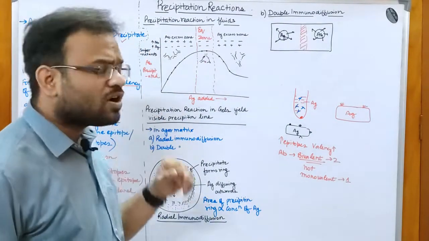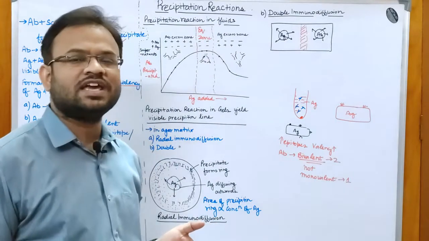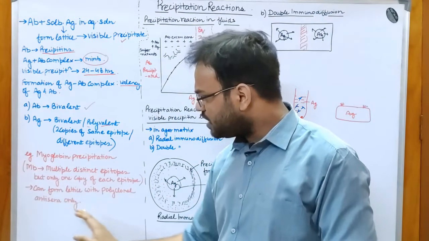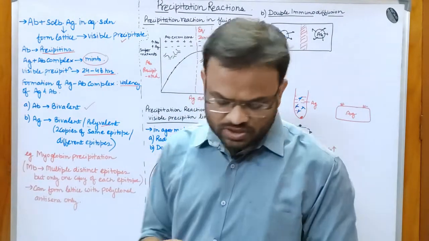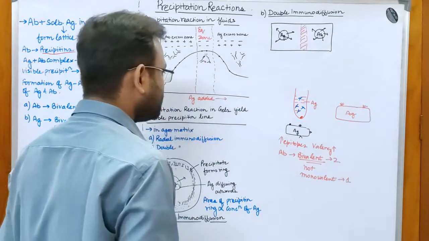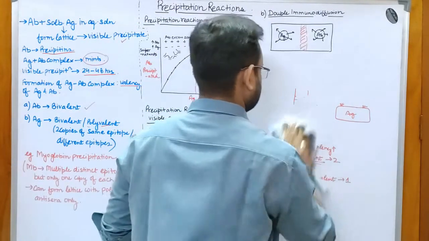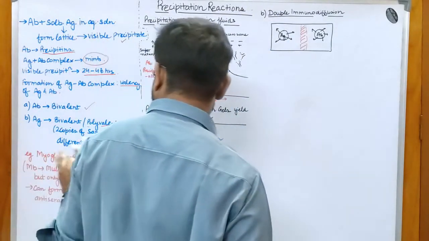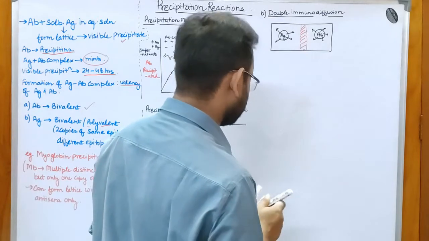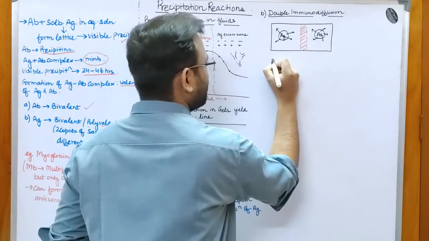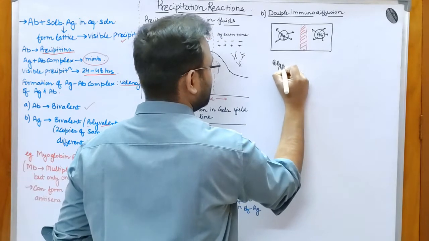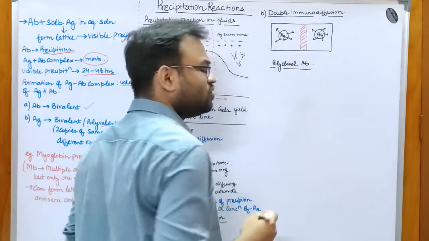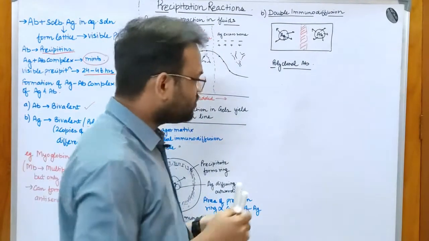Now let us talk about these precipitation reactions. Let me first try and draw this. If I try and draw this myoglobin, so this was the thing. Let me just rub this out. Okay, so if I try and draw this myoglobin precipitation, I said that polyclonal antibodies would be able to form the precipitation. So if I draw it like this,